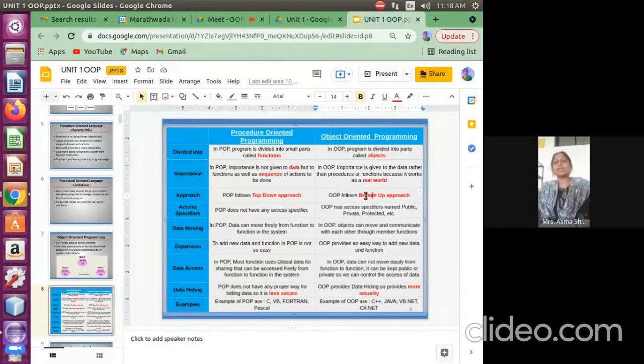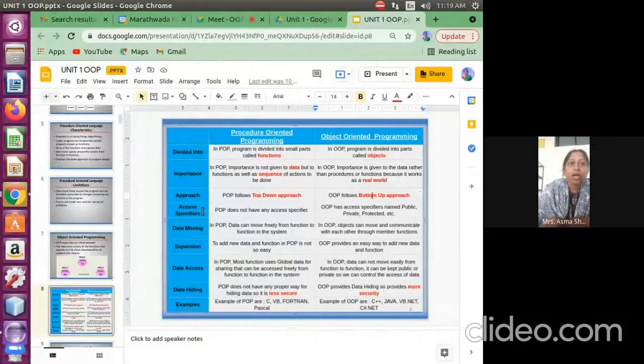Top down means a main program, and from the main program we call the functions. But in object oriented programming, we have the class, and we have to create the object of the class in the main program and then call the functions. We can see this when we are learning.